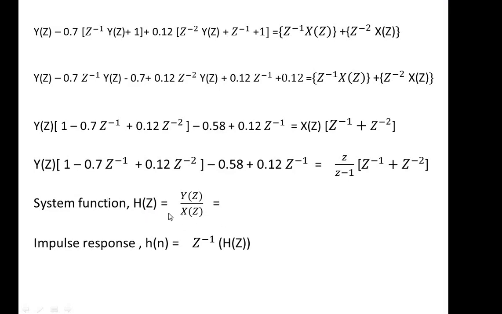Okay, and after getting that, we have to bring H of z to the basic standard sequence form, and from that we can apply the inverse z transform to get h of n, the impulse response. For obtaining this h of n, either we may go with direct inspection, or we can use the partial fraction method, or if you're okay with the residue method, you can go with the residue method too.